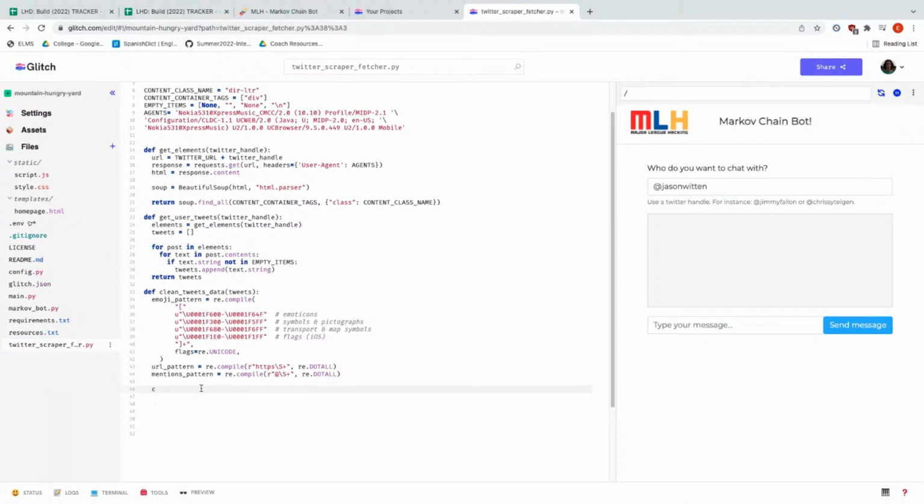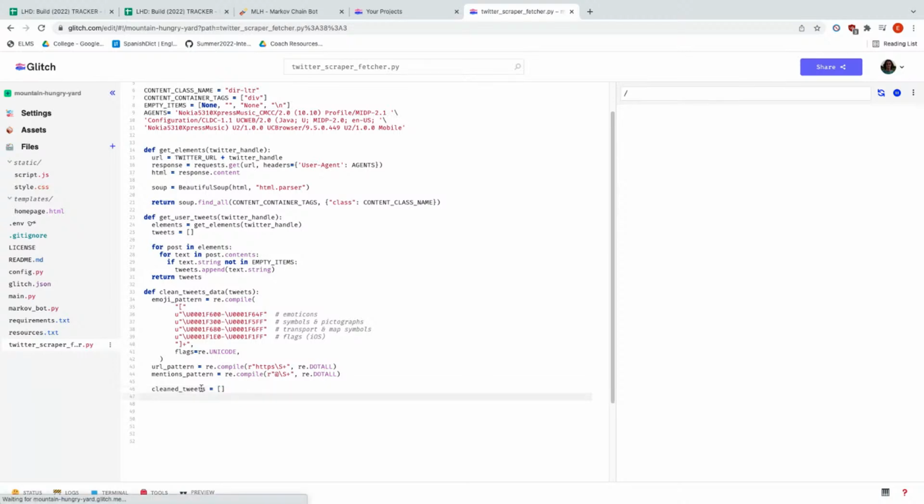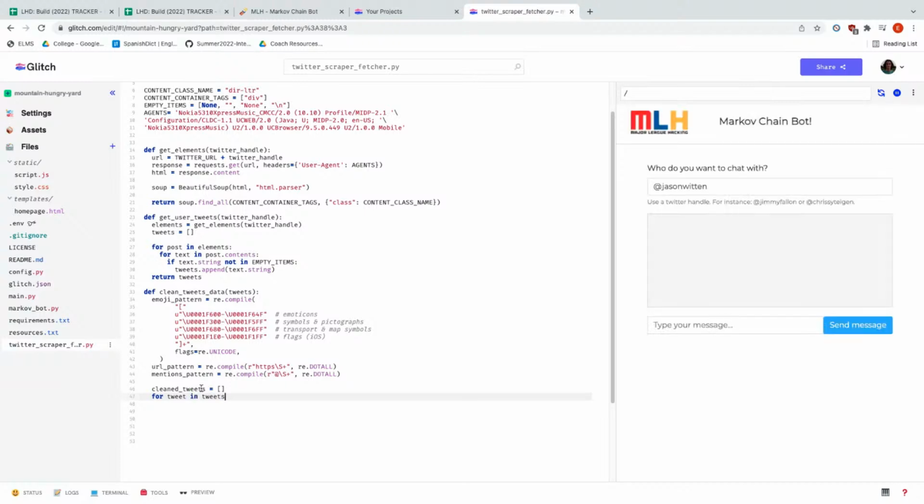So moving on, the variable that we're going to need for our for loop is called clean underscore tweets, and we're going to initialize that as an empty array. And then for tweet in tweets, where tweets is the parameter that we got in this method, so for each tweet in this list of tweets, inside the for loop we make a variable called text without emoji. We're going to set that to emoji pattern dot sub.